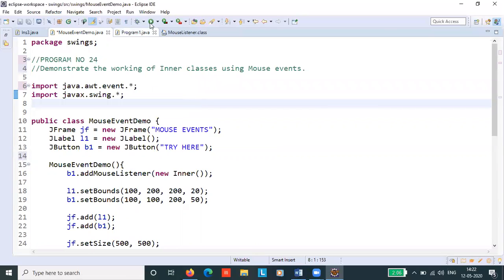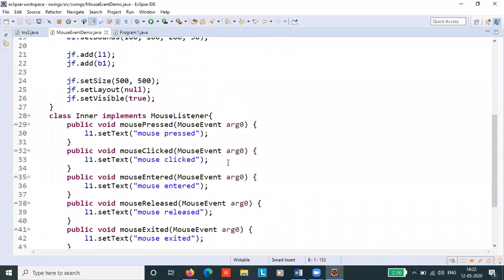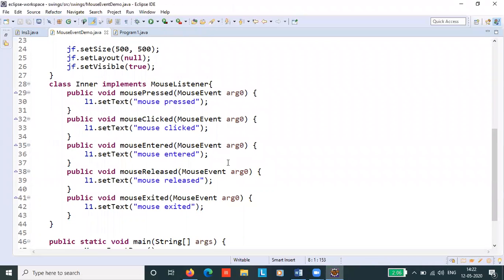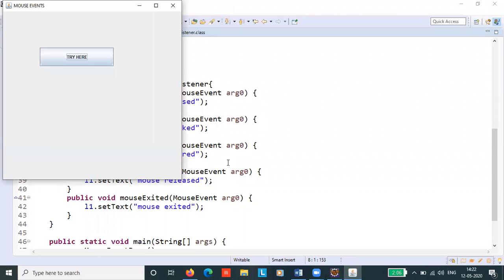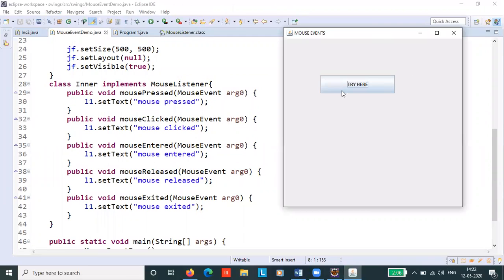Let me run and show you how this program actually works. Now observe these 5 methods. Okay, so this is our frame. We have a button here. Now look at this. When I bring the mouse in, it displays mouse entered. Where is that? Here, the mouse entered method. Now when I remove the mouse, mouse exited is displayed. That means this event is being triggered. Now let me click.